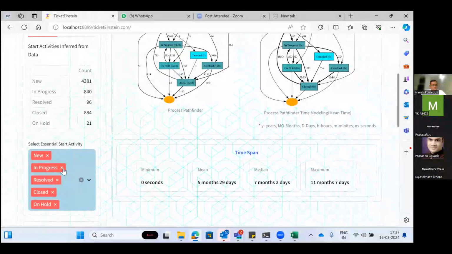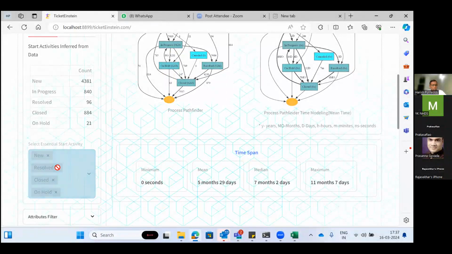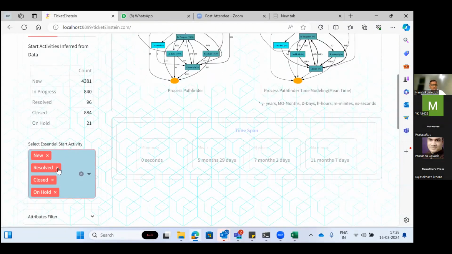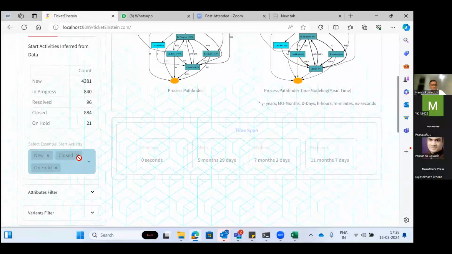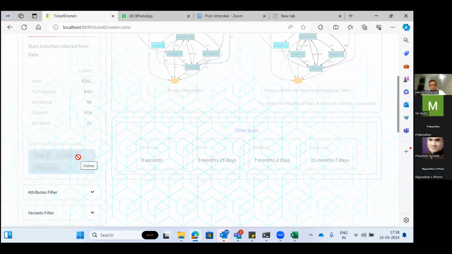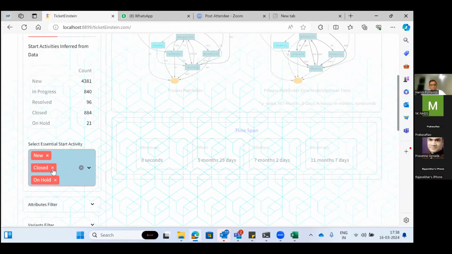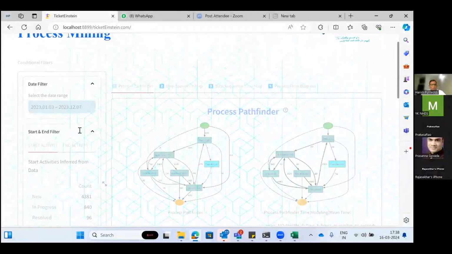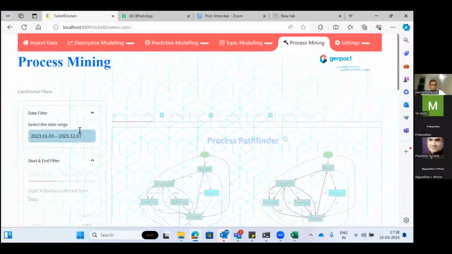As usual, the process starts with New and ends with Closed. I'm trying to remove certain buckets so that we see only the portion we want to see.